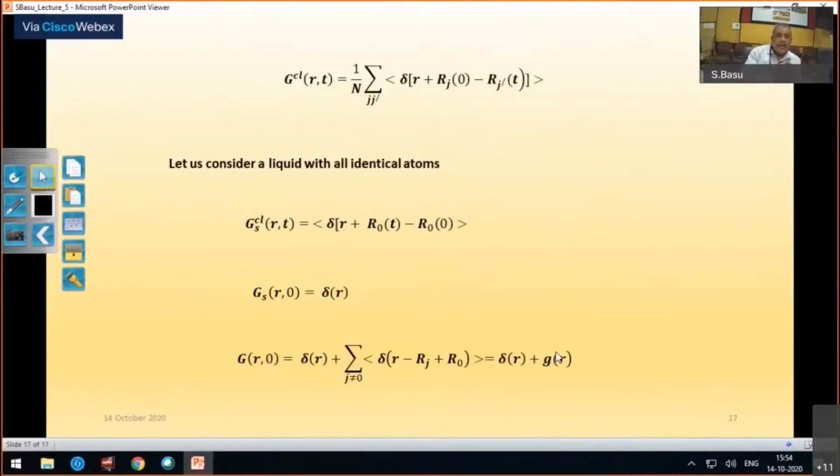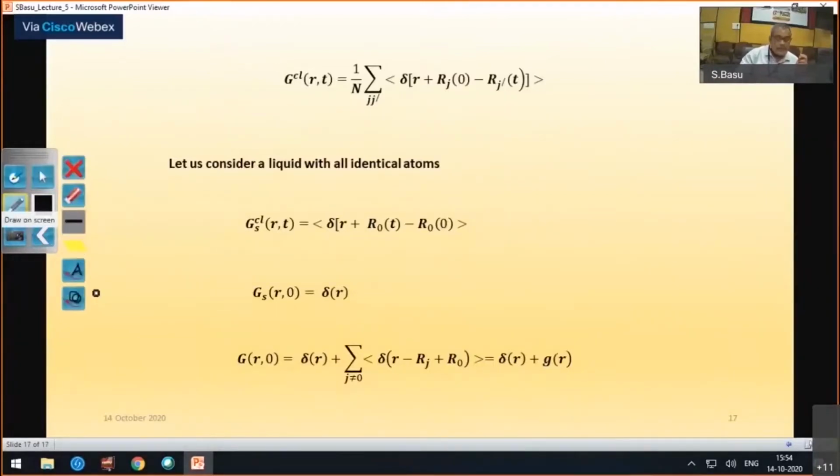I'm just talking about classical G of RT. What is G of RT? Basically, G of RT is a system average